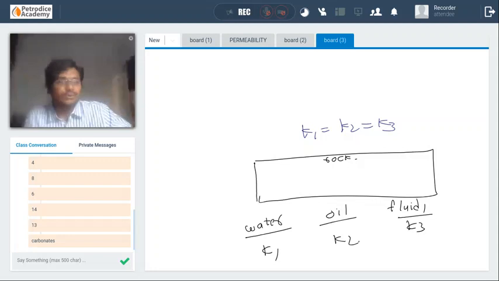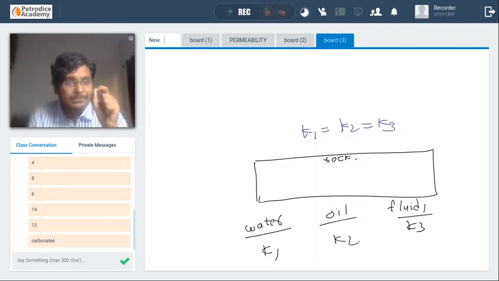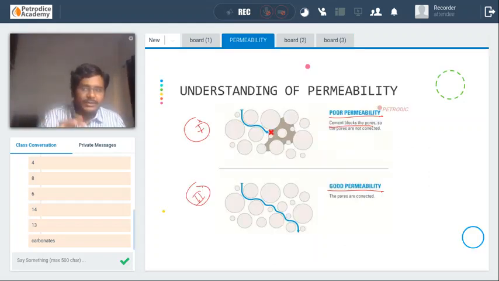Just because we are changing the fluids, the rock permeability will not change. The rock permeability is absolute. For any particular rock system, the permeability will be the same even though we are changing the fluid. When we are sending a 100% saturated fluid through any particular rock, the permeability will be the same. Don't worry, guys, you will understand the permeability more clearly in the next classes. We will discuss one by one. So do write down this one. Do draw this diagram. We are going from the very basic to the advanced of permeability.